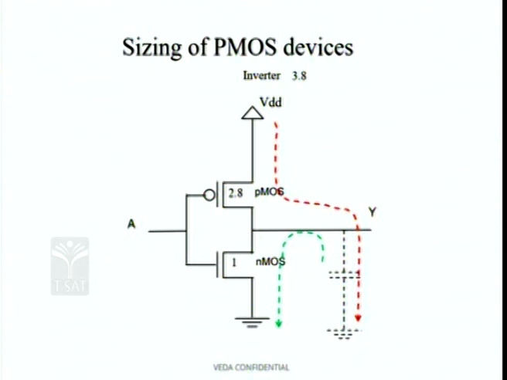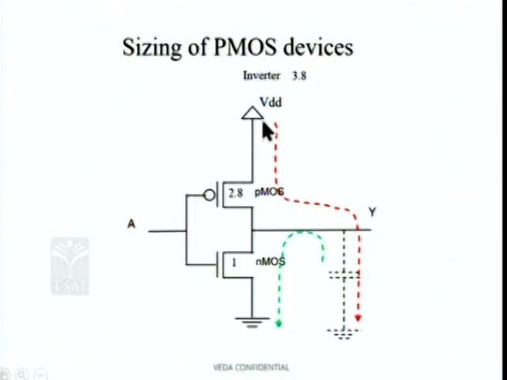NMOS device. The NMOS device has electrons as the majority carriers, the electron mobility is higher, therefore they move faster, whereas holes move slower. Therefore, you need to have more slow-moving holes, in order to ensure that the same volume of either holes or electrons cross over from one terminal to the other in a given amount of time. What is current? Current is the rate of change of charge, or the flow of charge is called current.